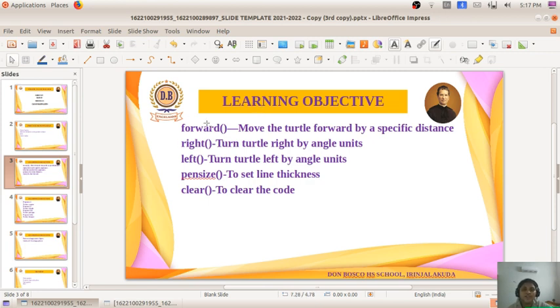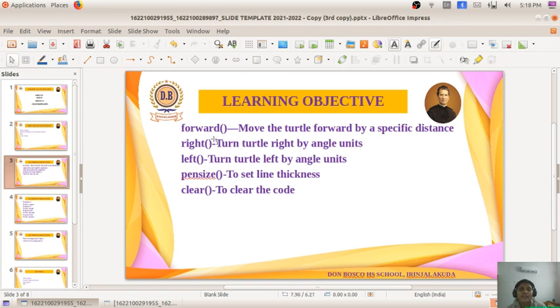The first one is the command forward. This command moves the turtle forward by a specific distance. By default, in the Python language, while creating geometrical shapes, we move in the right direction.